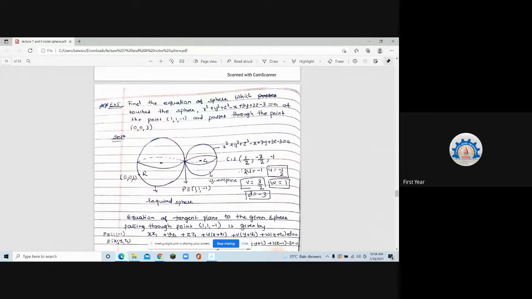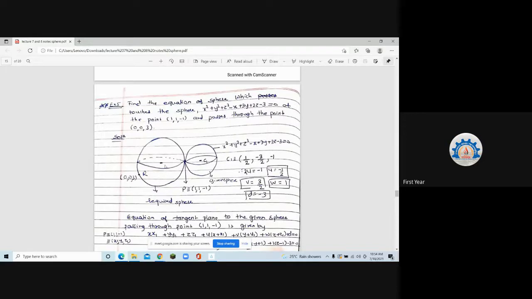First, I have to find the equation of line CP, which is normal to the plane at the point P. So I have to find the plane at the point P first. Can you understand that tangent plane? That will be a U. Are you getting it, Neeraj and Saurabh? Ma'am, can you tell once again? Yes, ma'am.